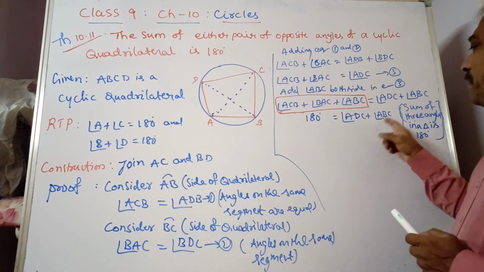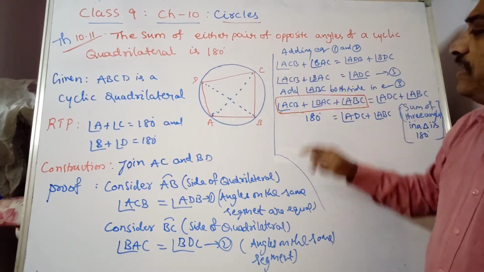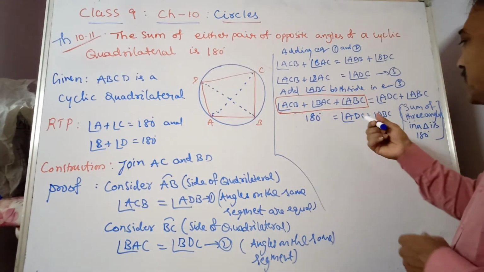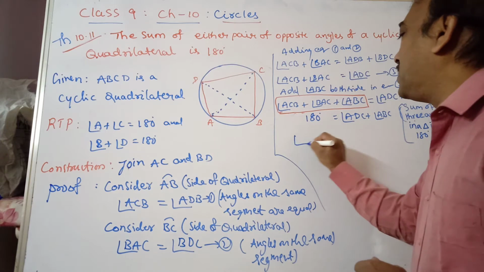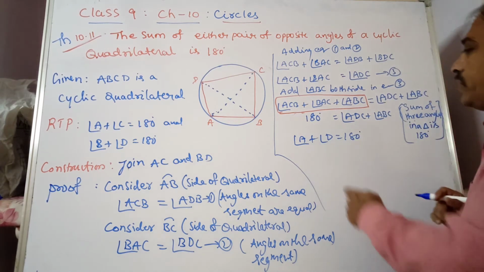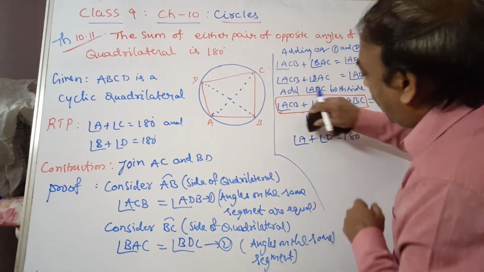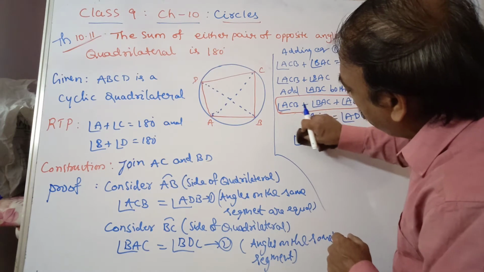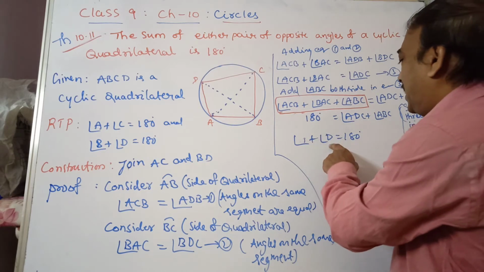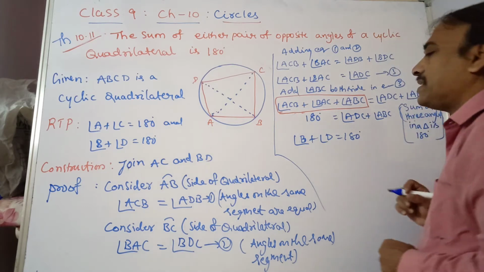Now observe it. So ADC plus ABC, ADC and ABC, which are the angles? They are the quadrilateral's opposite angles. So simply we can write angle A plus angle D is equal to 180 degrees we got. Sorry, it's not A, it's D. Observe it, angle ADC plus ABC. So angle D is one and ABC is nothing but angle B. Angle B plus angle D is equal to 180.